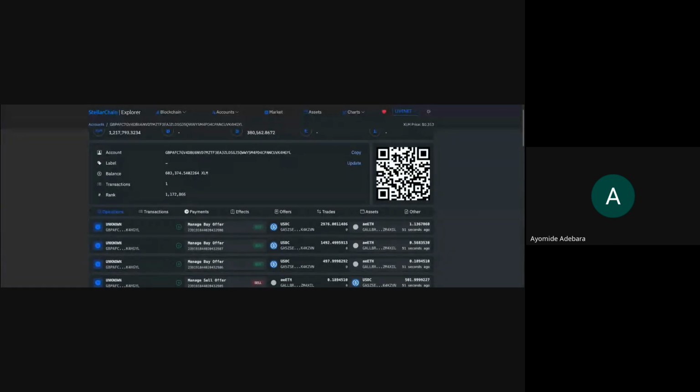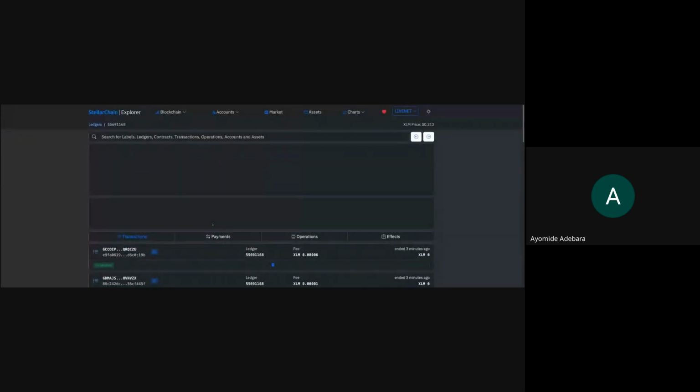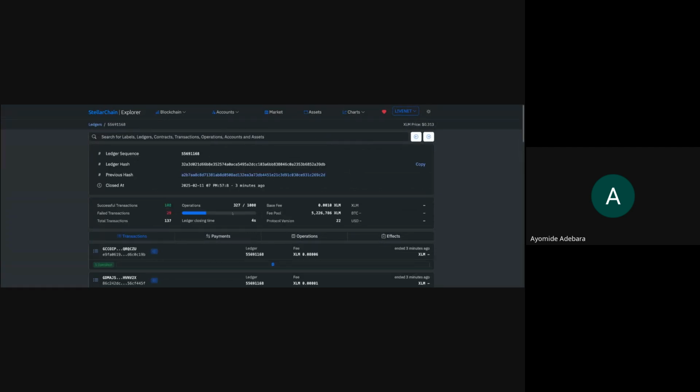Okay. So let's see the sequence number. Should be able to see. Okay, yeah. This is the ledger sequence number. So can you see the sequence? That's it. So all of this is basically encapsulated inside of the transaction.